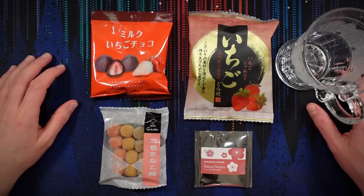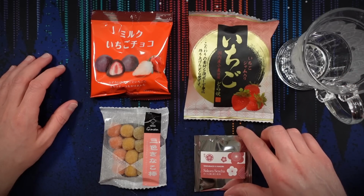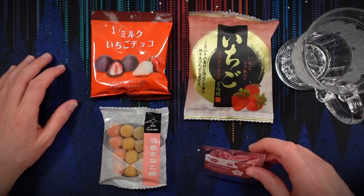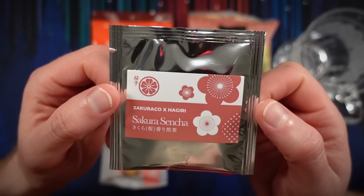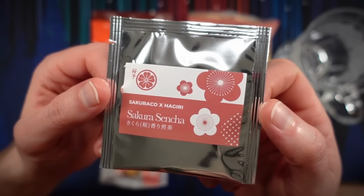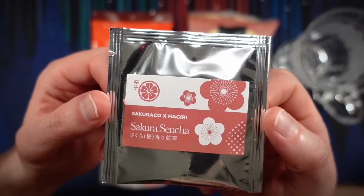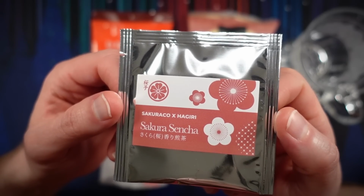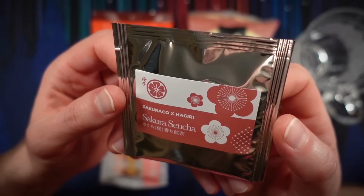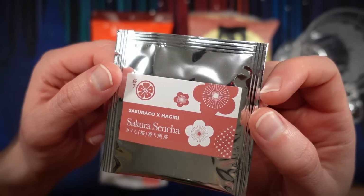Alright, I have made some choices and boiled some water, and here we are. So I will start off by steeping the tea. As I was saying earlier, I was very intrigued by the Sakura Sencha. I don't know what makes it Sakura. I don't know if it's got a light cherry blossom flavor or something like that, but I guess we'll find out. It should be a mild green tea,